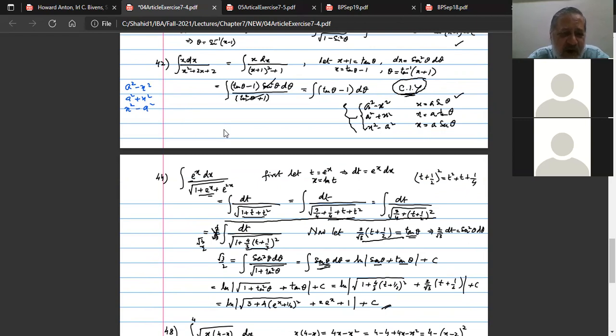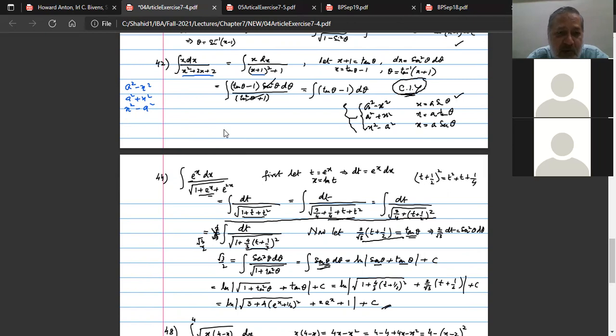So to construct these structures, we see that from here x square plus 2x plus 2. If I write this 2 as 1 plus 1, then x square plus 2x plus 1 will be there, and x square plus 2x plus 1 will become x plus 1 whole square plus 1. And then we see that the denominator is in what form? Constant plus variable squared. The variable is x plus 1.